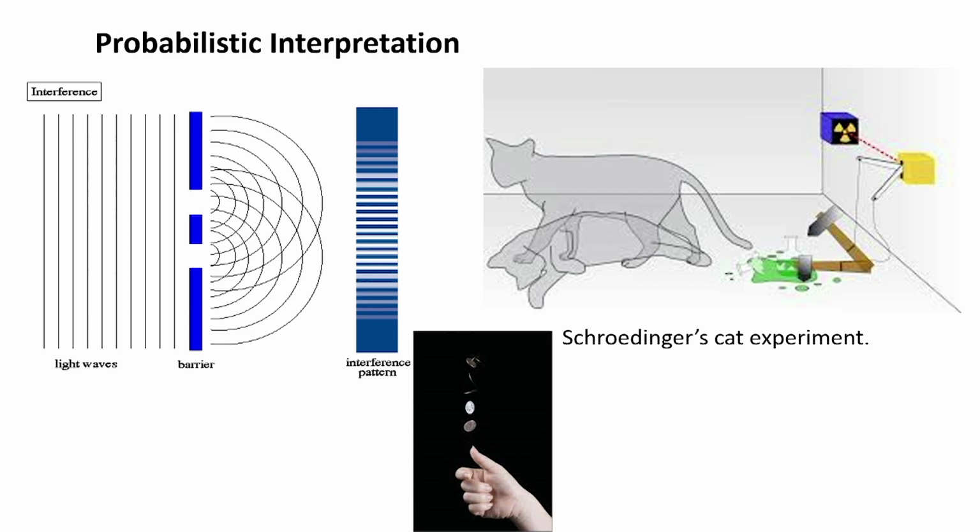Okay. To start with, we once again remind you of the probabilistic interpretation. The first picture on the left has been shown to you. It is an interference pattern of two slits. This is called Young's double slit experiment, and what you see on the right is the interference pattern on a screen which comprises alternate dark and bright bands, and these two slits are considered as coherent sources,